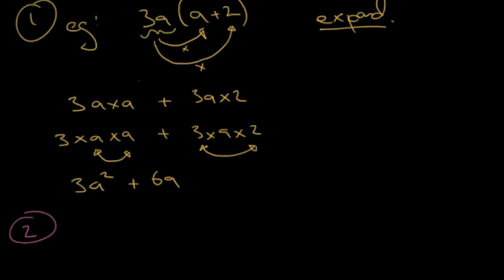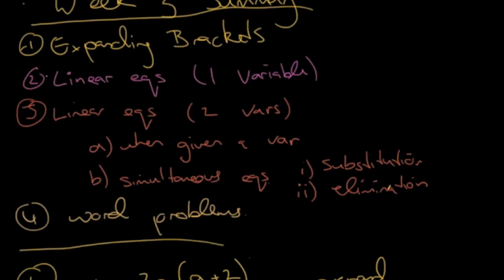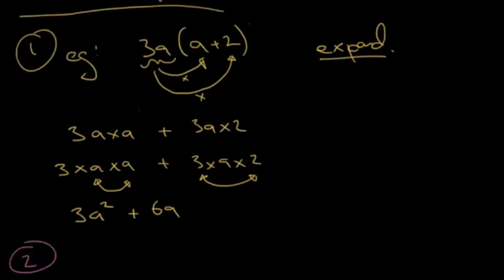Cool, so that was just expanding brackets. Next thing is linear equations in one variable. Let's consider an example again. Let's consider the equation 4k equals 40. So this is a linear equation. There's one variable, and hopefully it's pretty clear that if you divide both sides by 4, because we've got